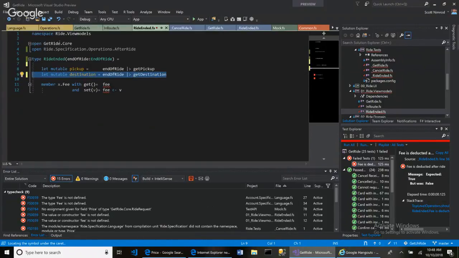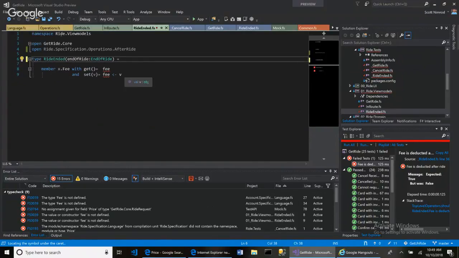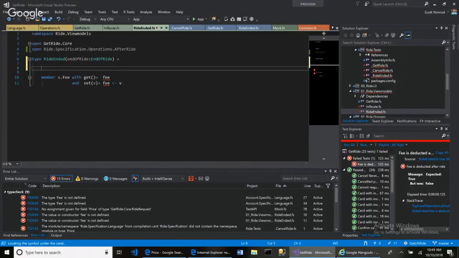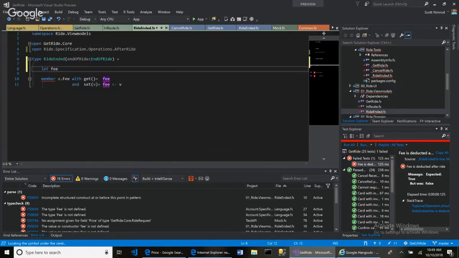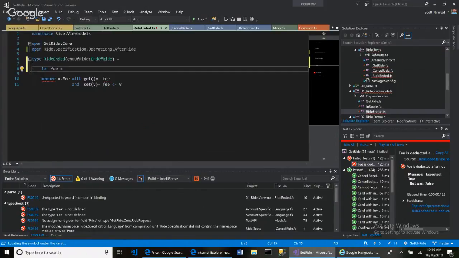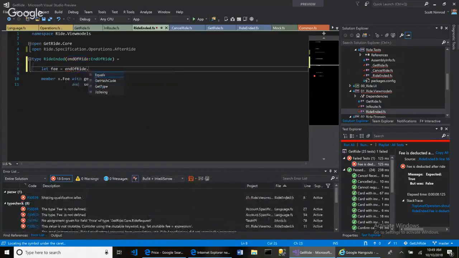I don't need pickup or destination. I don't need that. All I need is here, let fee equals, and it's going to be end of ride dot